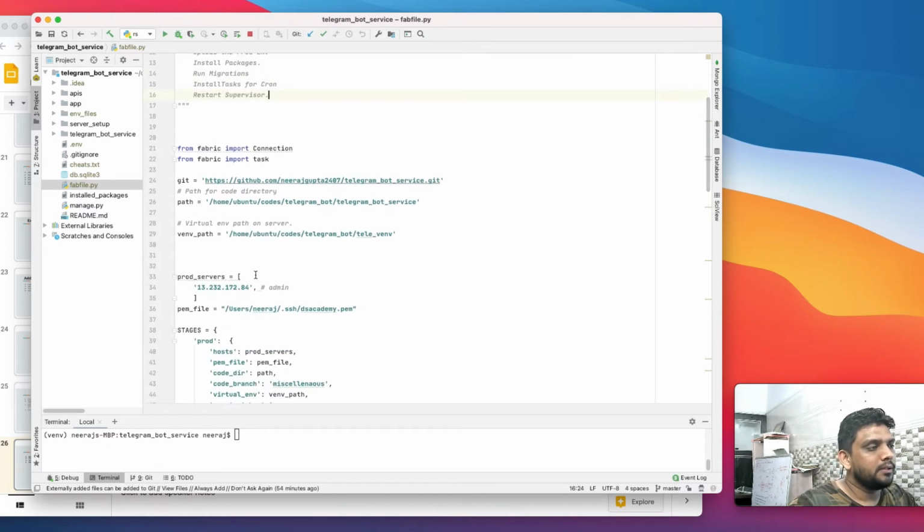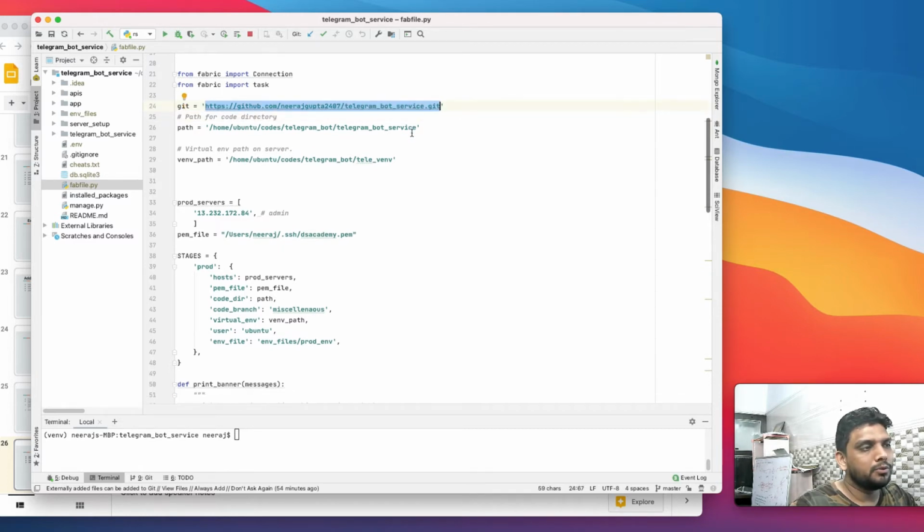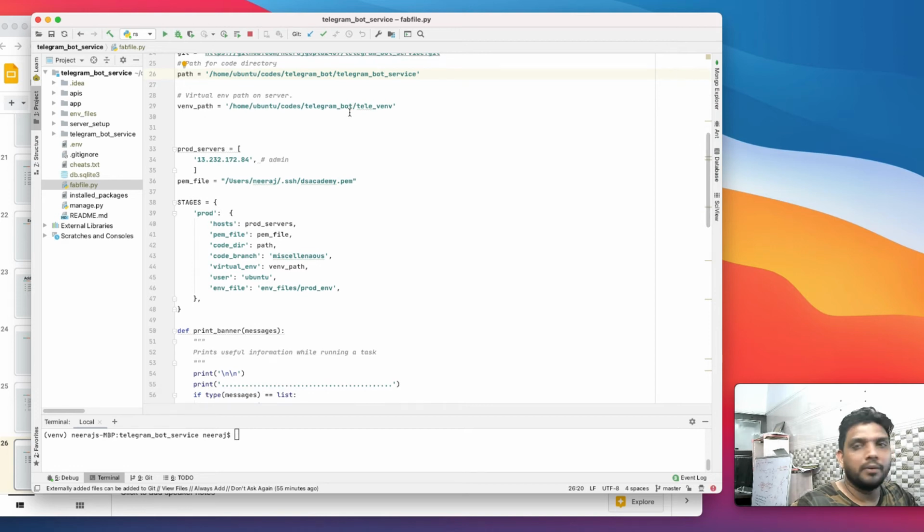So let's go through that. Here in the Git variable, I just have to pass the Git URL, and I have passed my Git URL. In your case, you just need to change this as per your repo. This is the path for my code directory, and you can have your own values as per your server configuration or wherever your code path is.